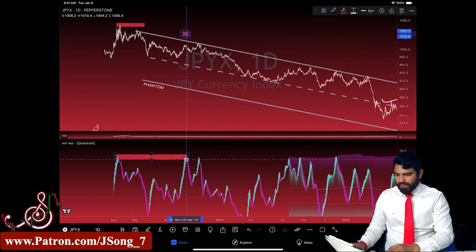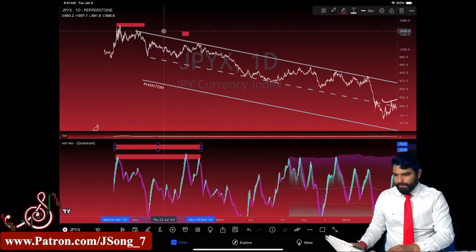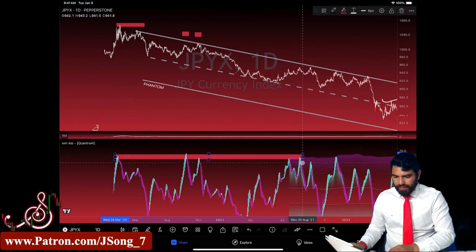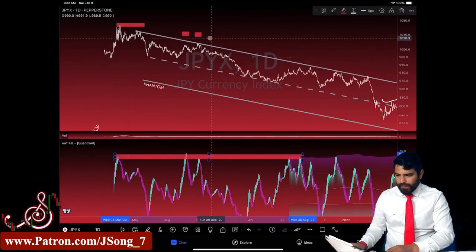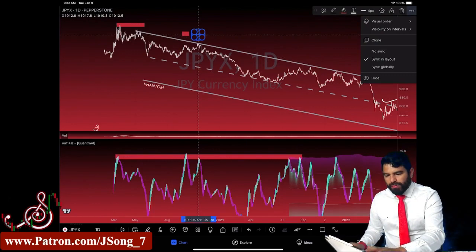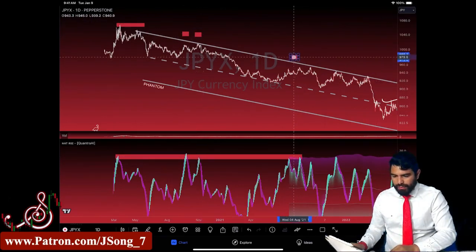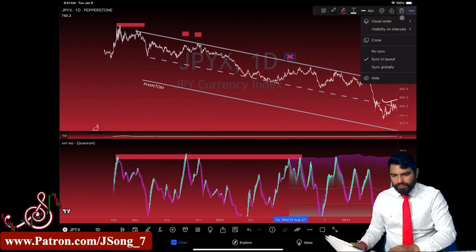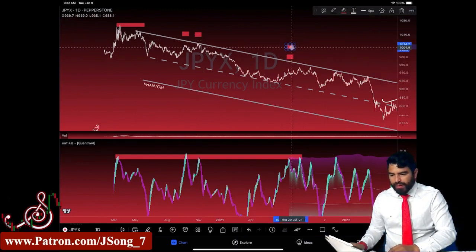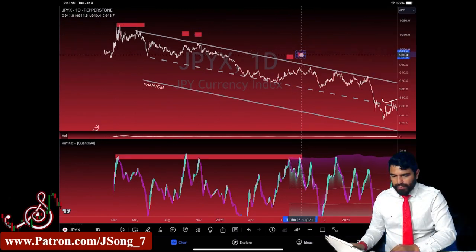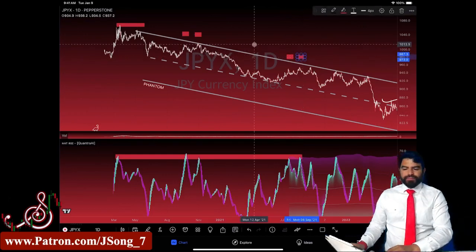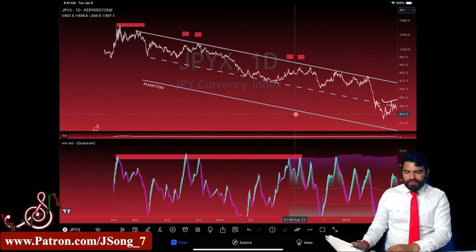And then here was another one right there, and then the other ones were here and here. These signals will be more reliable when you have a downtrend and you pair that up with the price action. Okay, let's give you an example. Okay, so we're going to use these two areas